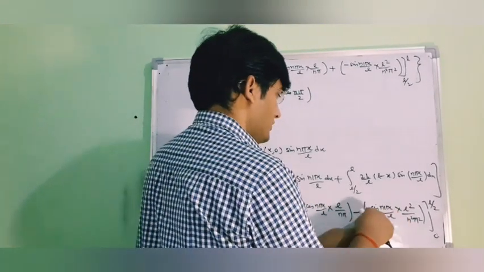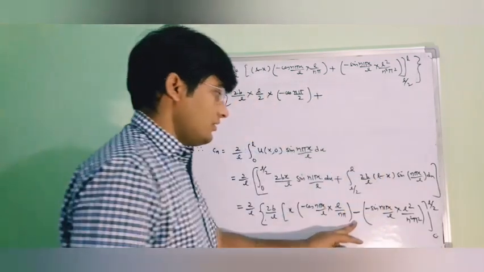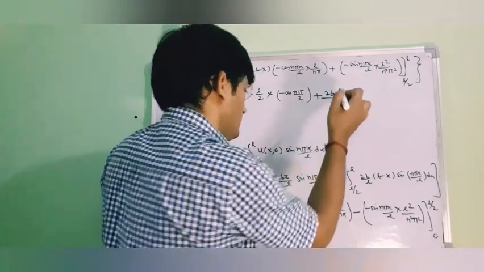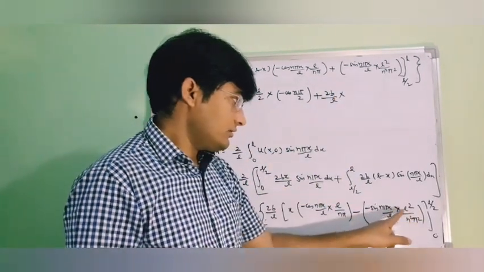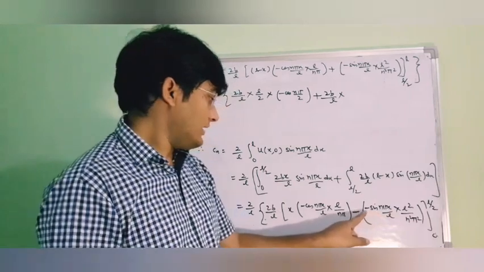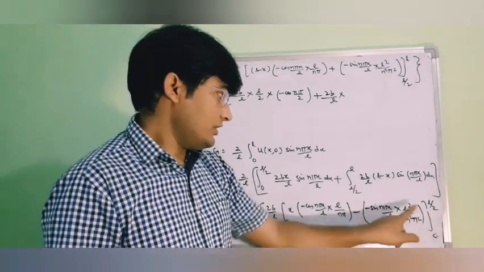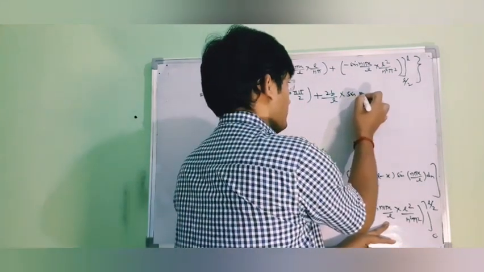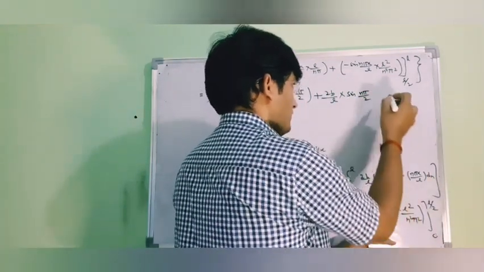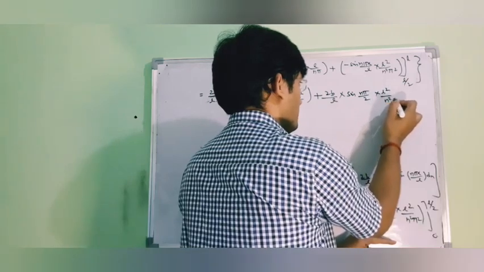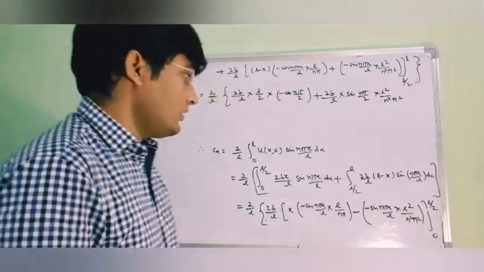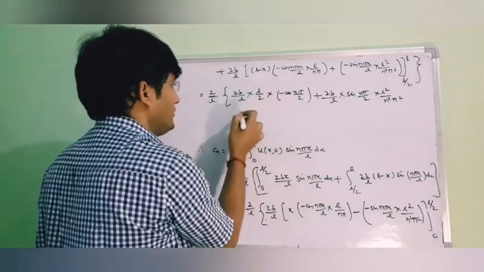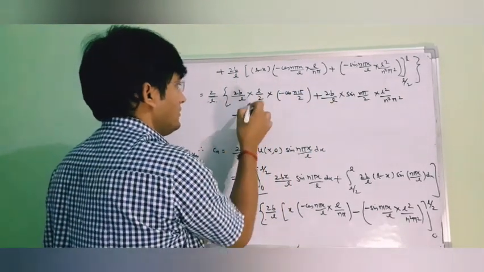Now here this will be minus minus plus, and now this will be your 2b upon L into the upper limit. The upper limit will be, and this is your minus minus plus. Now if your x is L by 2, then this will be your sine n pi by 2, and into L square upon n square pi square. Okay, then coming to this point, the upper limit is 0 and the lower limit will be minus 2b upon